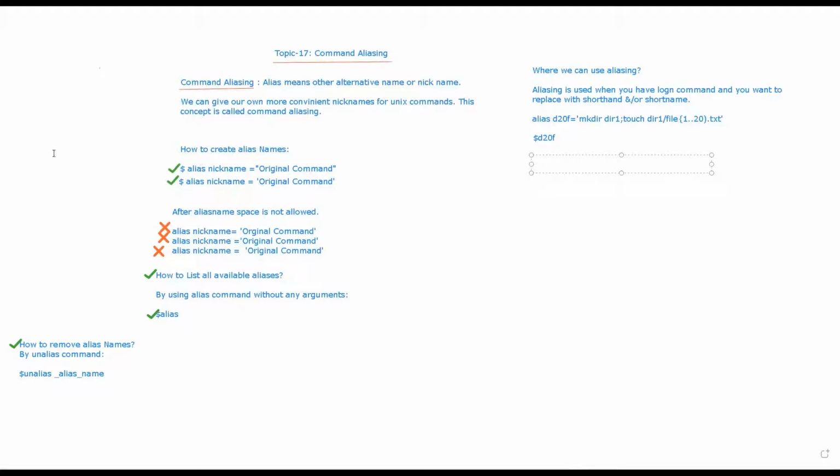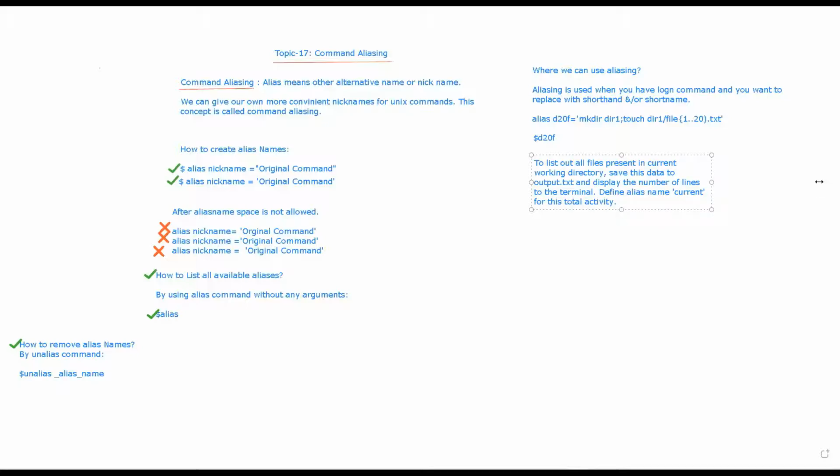The requirement is to list out all present files in the current working directory.